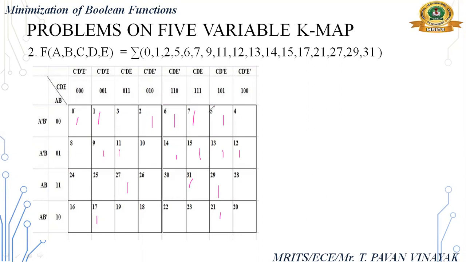Okay, next we have to do quads. So first, this one is a single quad. I am combining this one. Okay, one quad. What is the expression for it? Common term A bar B. From these four, the common term is C. A bar BC. And now vertically, this is one combination, one octet. What is the expression for it? C D bar E. This is the expression. Next, are any four ones available? Combine those.